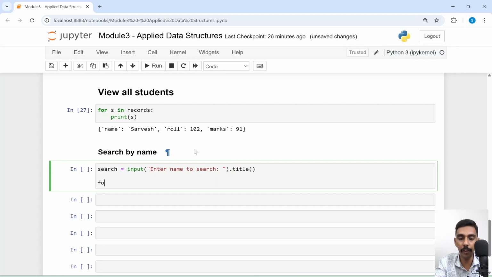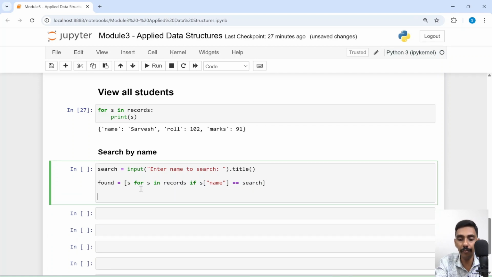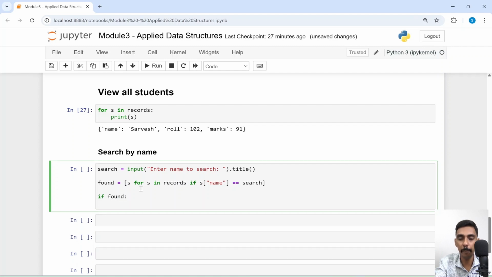Then I'm going to give found is equal to for yes in records if yes of name is equal to, is in search. Then I'm going to put in comprehension yes is the output that I want. Right, so if found, print